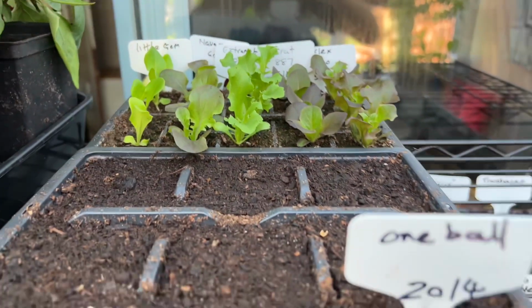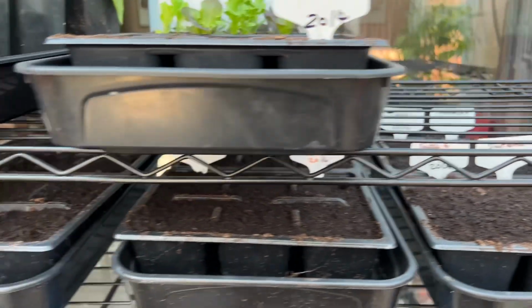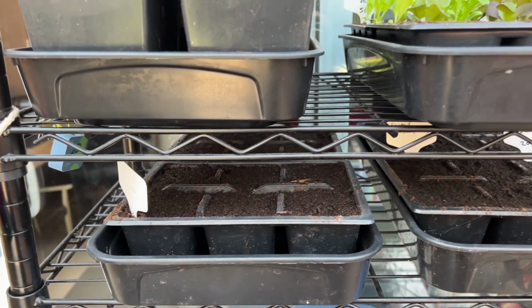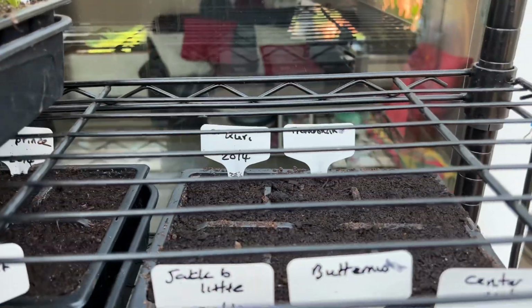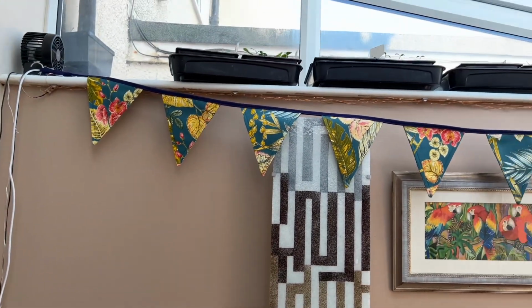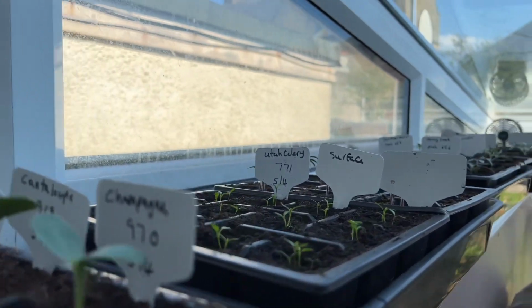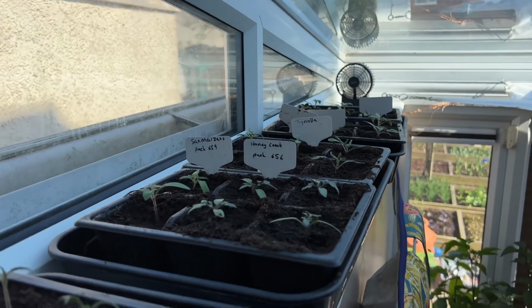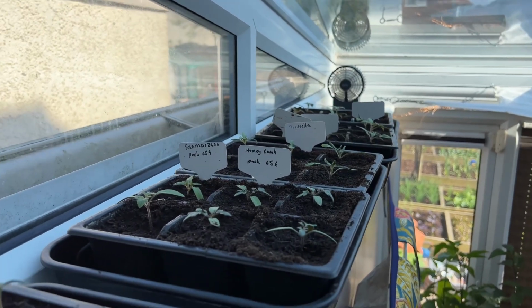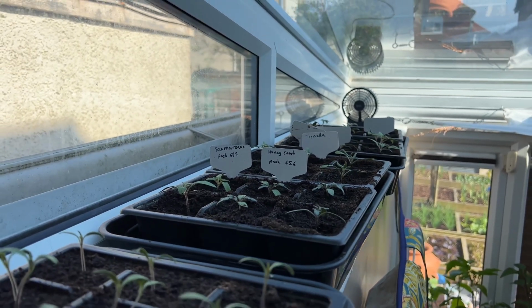Got a few lettuces, and all of these trays are summer and winter squashes, so courgettes, you know, crown prince, Jack Little, butternut, centre cut, trumpetino, curry, all those sorts of things. And then up here on the shelf, we've got melons and tomatoes all the way along there. And these are my main crop tomatoes because I don't want to put them out for about 3 weeks or so,